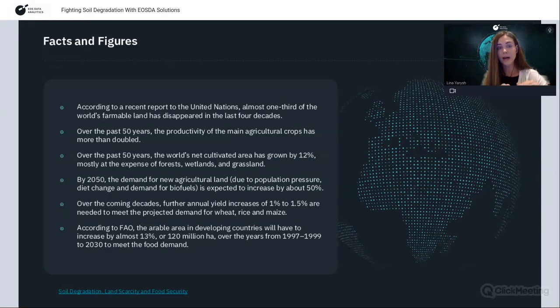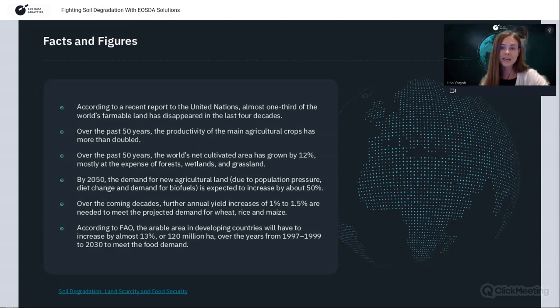At the moment, agricultural land is occupying 40% of the land surface. Over the last 50 years, the world's cultivated area has grown by 12%, mostly at the expense of forests, wetlands, and grasslands. And the irrigated area actually has doubled. I know that you are probably going through all the text that is given on the slide, so we'll give you 10 seconds so you can read it, so you can listen to me. But anyway,